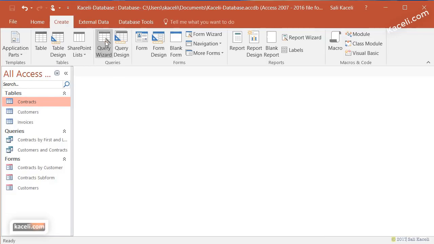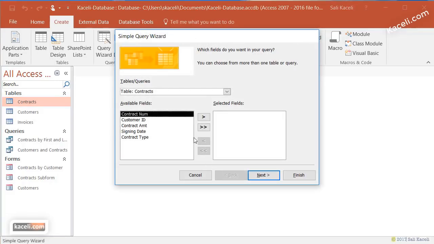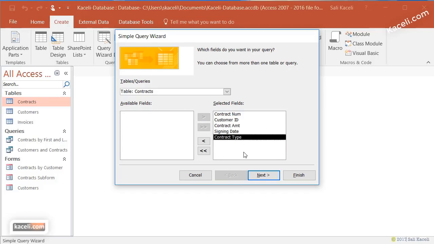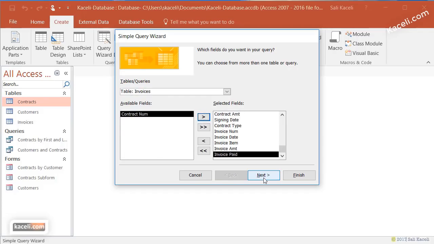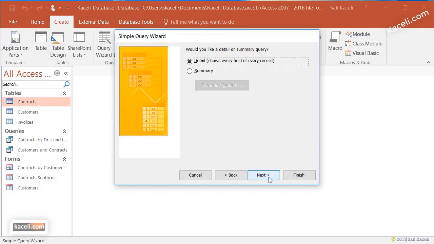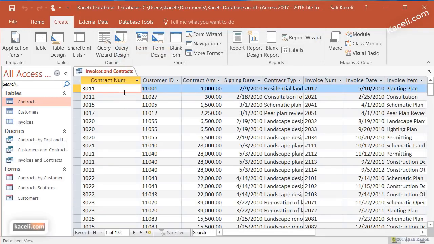So we go here under Query Wizard, and then go under Simple Query Wizard again, and we can do this with two other tables. So we can go under Contracts, we can get the contract number, and then we can go under Invoices, and then pick the invoice number, the date, and whether it was paid or not, and then Next, and then give it a meaningful name, click on Finish, and here we have the